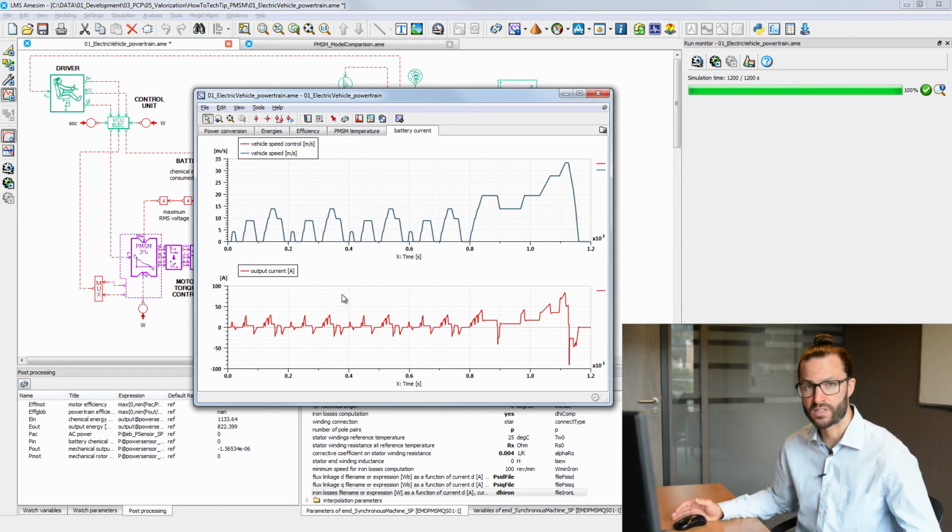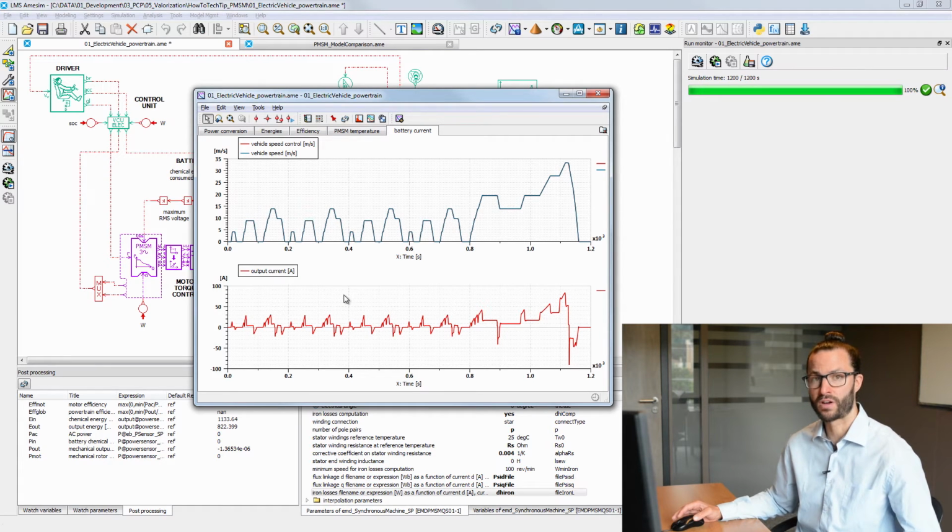So with this analysis, we are able to evaluate the performance of a design, but also to identify the mechanical, electrical, or thermal constraints of each component of the system, and we can refine the individual requirements of those components. And in a second step, we can perform design exploration to narrow down the design space of the PMSM drive.